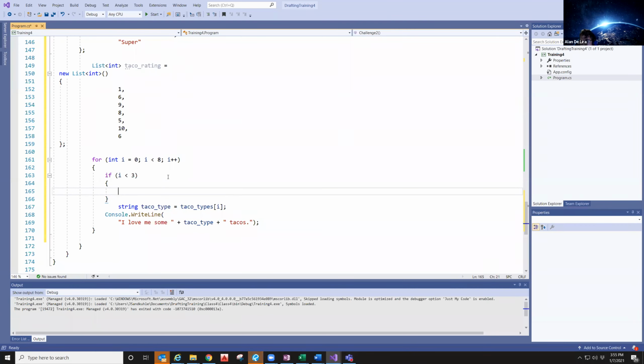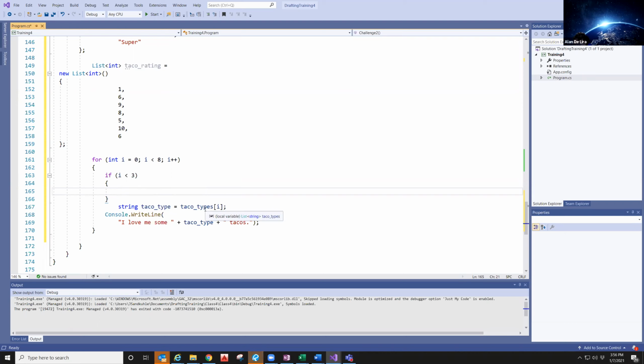And now you're going to want to do what you need to do inside of that other statement, because you only get to that statement if that statement is equal to true. So right now that statement is saying if I is less than 3, it's true. I is the index of that loop. Yeah, so this is now the rating that we're looking at? Well, if you look in line 167, James,